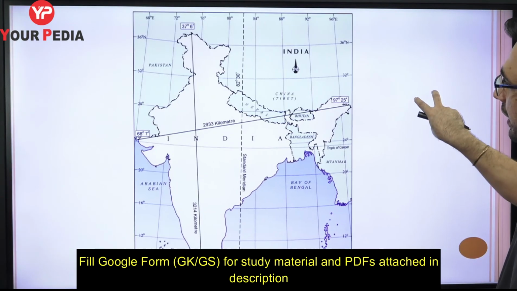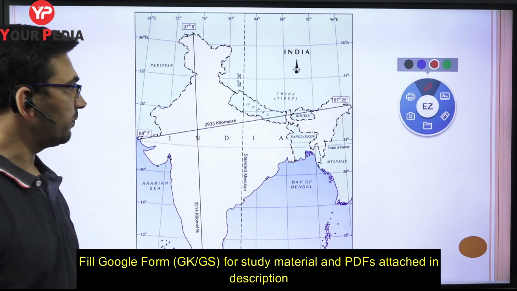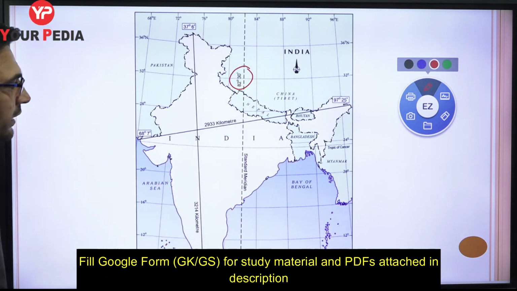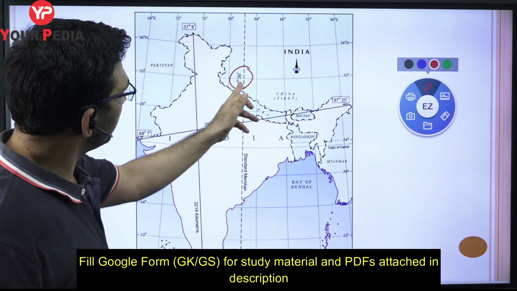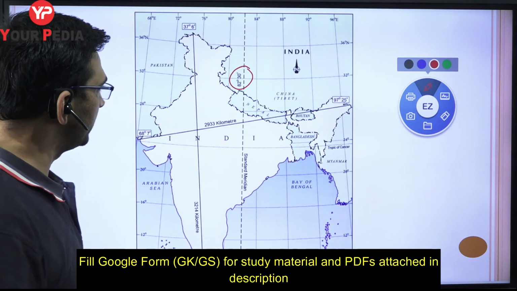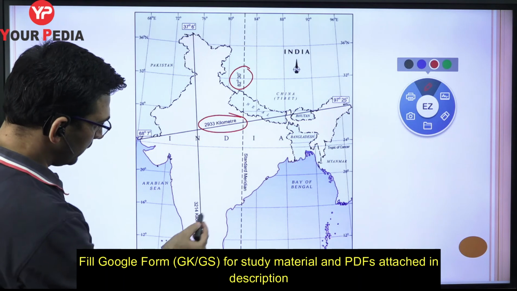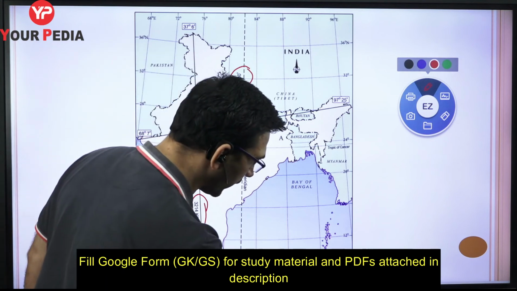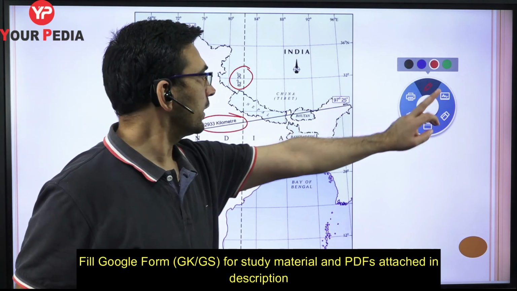I will discuss the standard meridian of India for the calculation of time. For example, this is the standard meridian of 82.5. As of now, just keep it in mind that for the calculation of time, we have taken one meridian called the standard meridian in India as 82.5 degree east. Obviously, this is east, as we are talking about the meridian. This distance you should know very clearly, because a straightforward question based upon this could be asked. Here you are having Pygmalion point, 6.45 degree north, on the Andaman and Nicobar Islands.